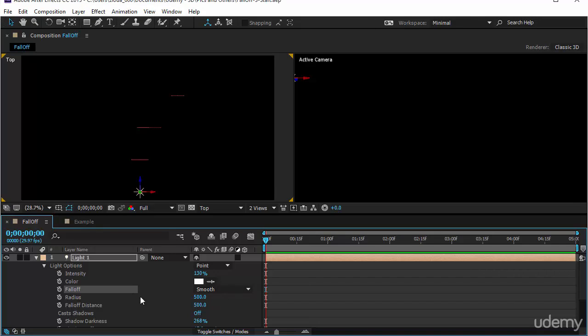Falloff is now smooth, radius is 500, and falloff distance is 500. Any layer within the radius will be illuminated at full intensity of the light. The falloff distance is how far beyond the radius the light falls off. So it will fall off completely after 500 pixels. So any layer within the radius is at full intensity. Beyond that, the light will fall off and will become nil at the end of the falloff distance,